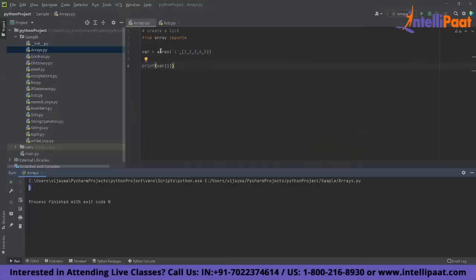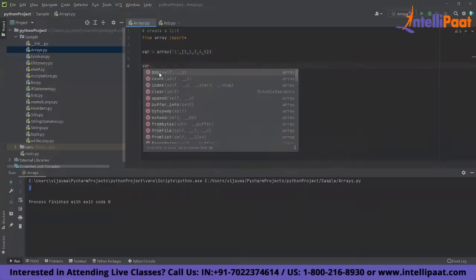So what is the purpose of using arrays in that sense? It has certain methods available. For example, now you can see, where dot pop is nothing but which is used for